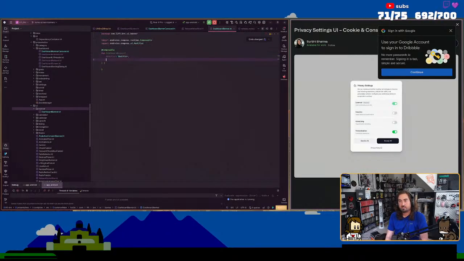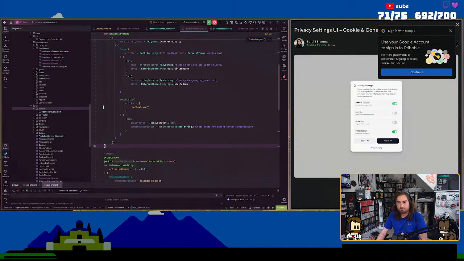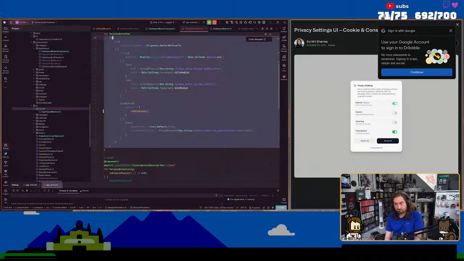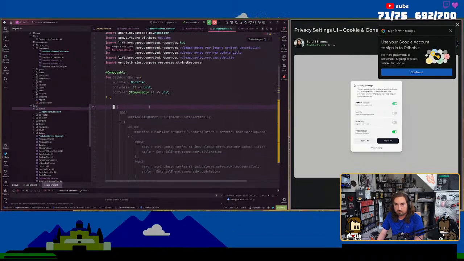It's going to have a like on dismiss, and then it's going to have a content. And this is where we're going to basically yank everything out of here. So v % yank. I think that's how that works.